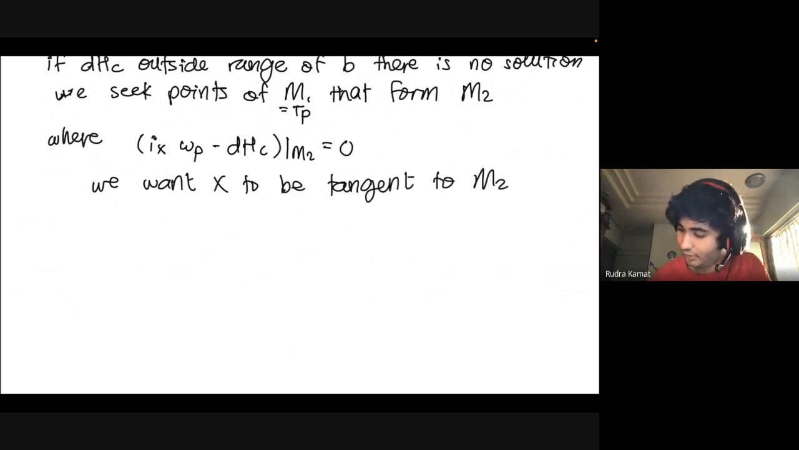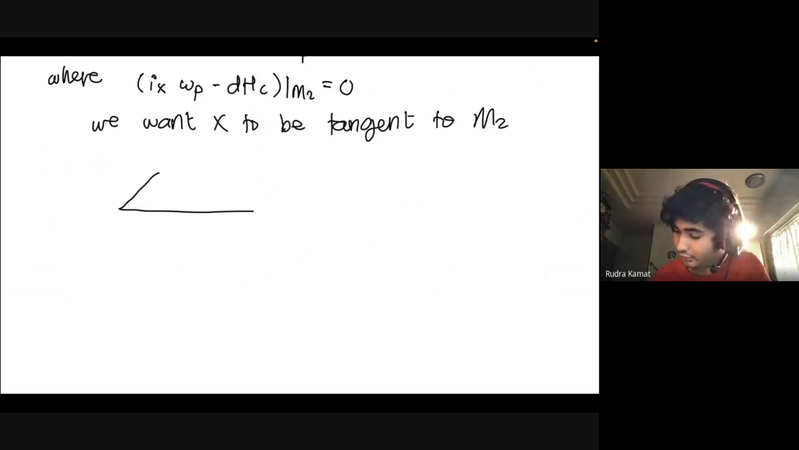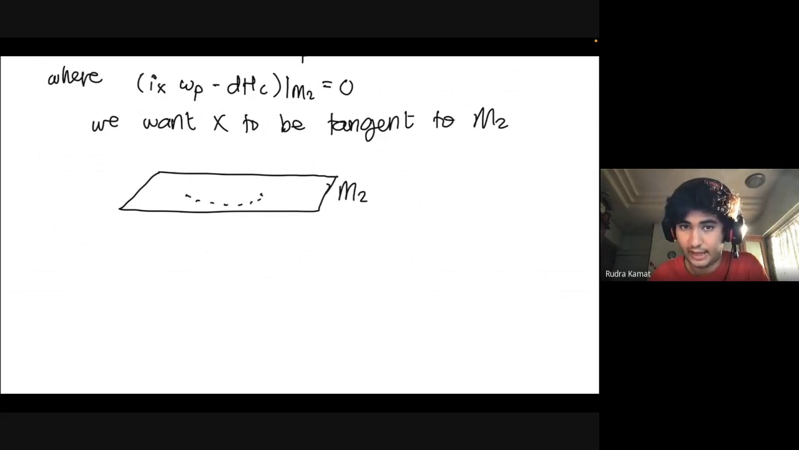Because think about it, let me draw a really childish picture. If M2 is like this sheet here, and X generates some sort of flow that gives the trajectory. Right now X is in the sheet, so it is basically tangent. But if F were to take off at some angle with respect to the sheet, so this is escaping the sheet,